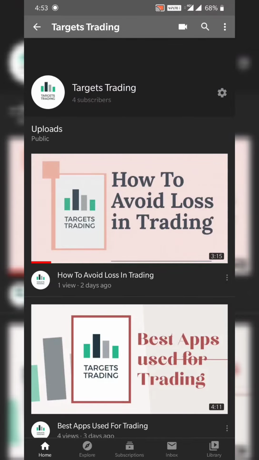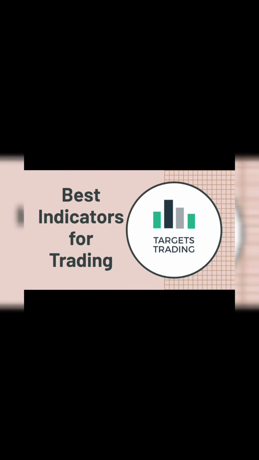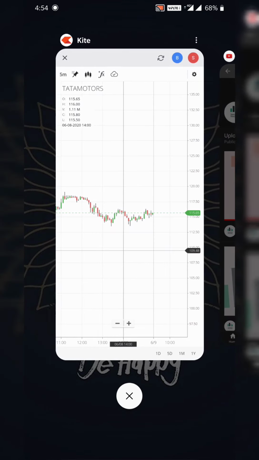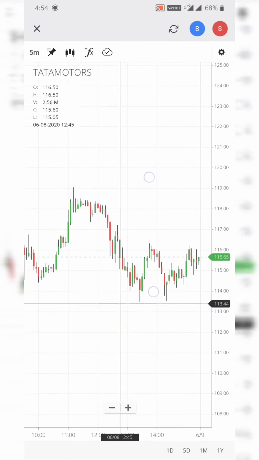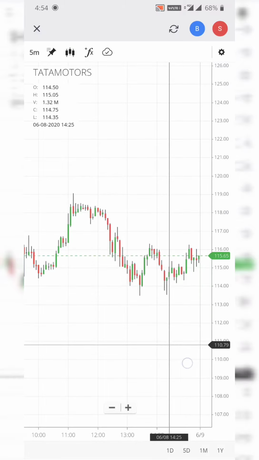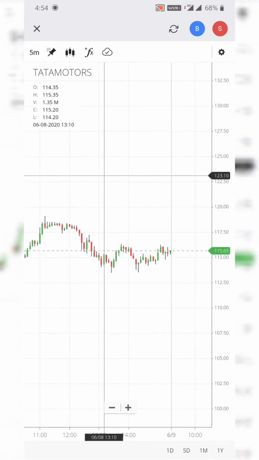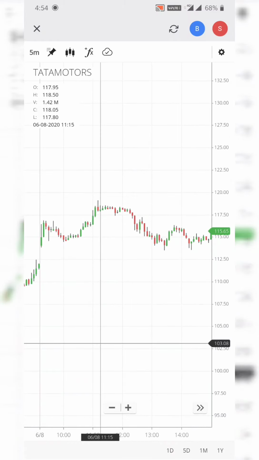Today in this video we will discuss the best indicators for trading. These are the best indicators according to us, which we use every day to trade. We will explain it with live examples. Firstly, we will choose a stock. I have already chosen a stock and kept it for this video from today's market. We traded on Tata Motors today. So now we'll discuss the